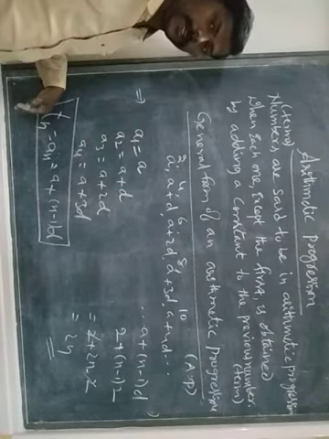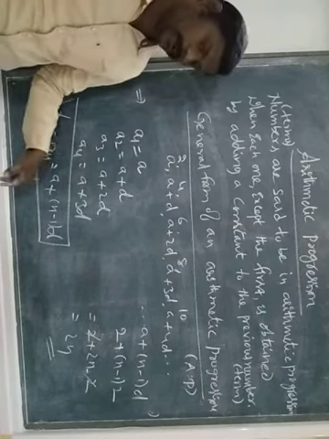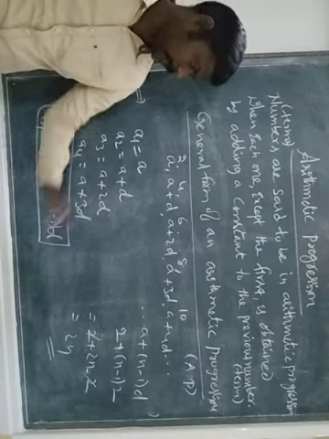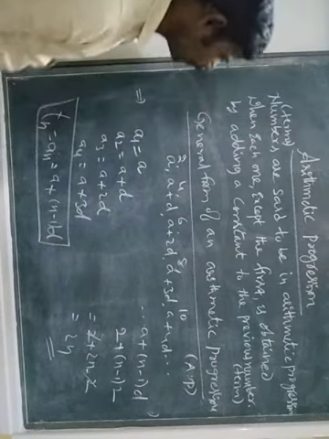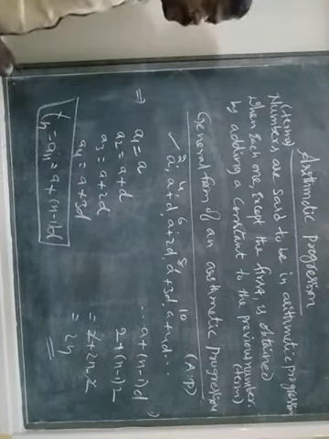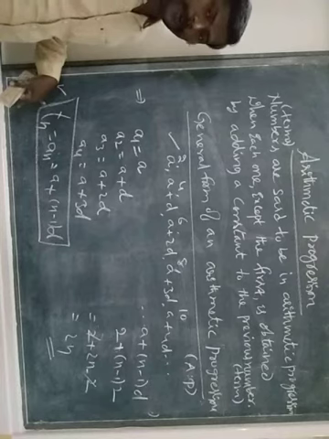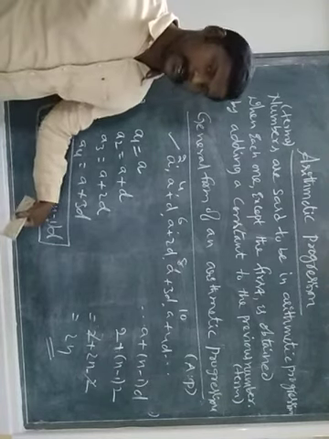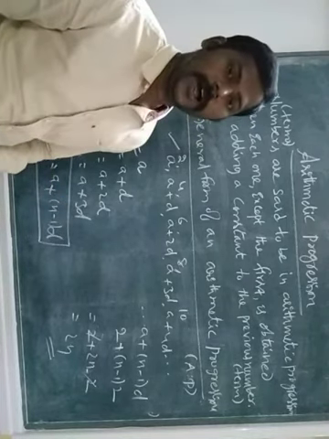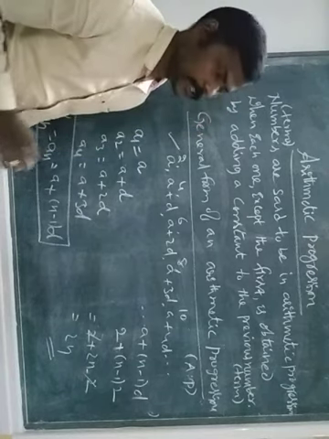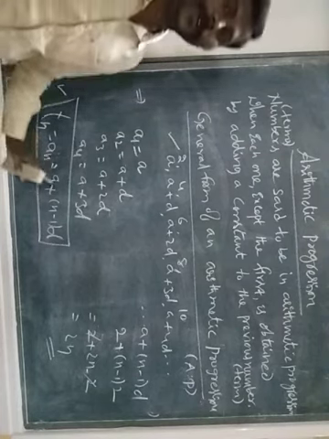We denote it by Tn or An. Nth term, T means nth term, is equal to, what is the formula? A plus (n minus 1) into D. This is the nth term of arithmetic progression. Now we have learned two points: what is the general form of arithmetic progression, how to identify the term number, and how to find the nth term. Nth term formula, children: A plus (n minus 1) into D. This is the procedure in arithmetic progression. All of you look at the board and note down the definition, general formula, and the nth term of arithmetic progression.